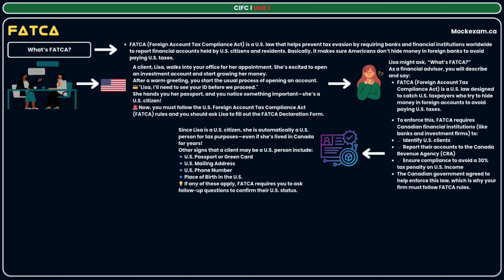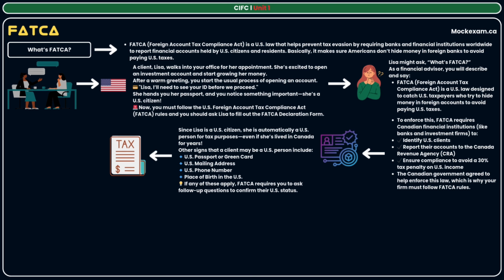Of course, a US passport is a big sign, or a US green card is a big sign that this client is a US person. A US mailing address rings a bell that, hey, this client might be a US person. A US phone number, or if the place of birth in the ID is the US, okay? If any of these apply, FATCA requires you as a mutual fund sales rep to ask follow-up questions and to ask your client to fill out the declaration form and then report it to the